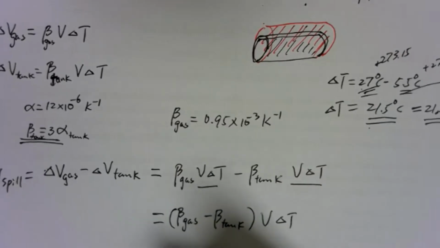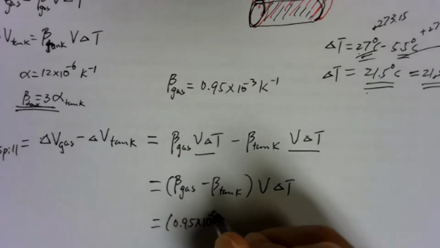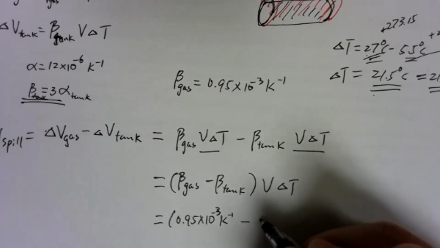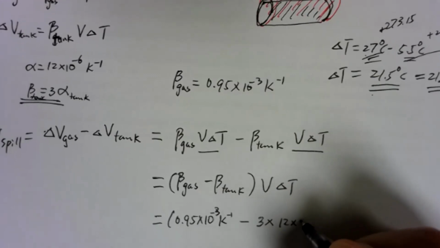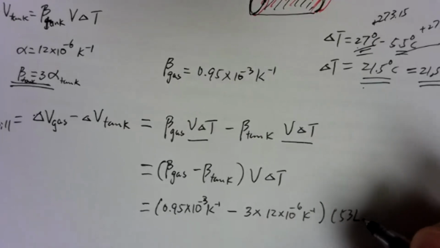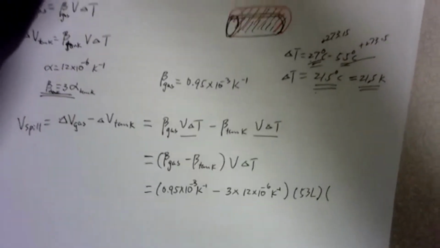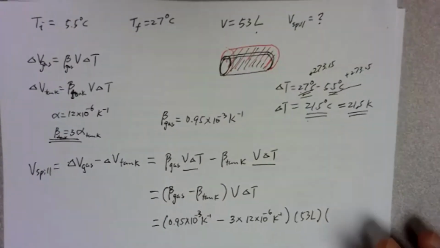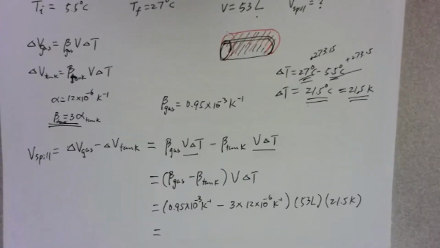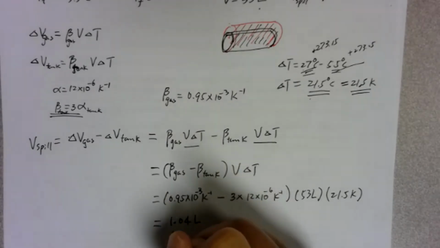Now, beta of gasoline will be 0.95 times 10 to the minus 3 Kelvin inverse, minus beta of tank. This thing you need to multiply by 3: 3 times 12 times 10 to the minus 6 Kelvin inverse, times 53 liters, times delta T, which will be 21.5 Kelvins. So at the end, you'll get about 1.04 liters